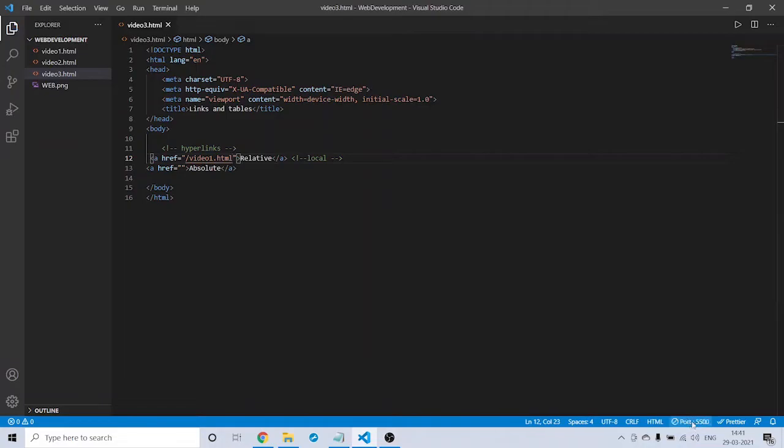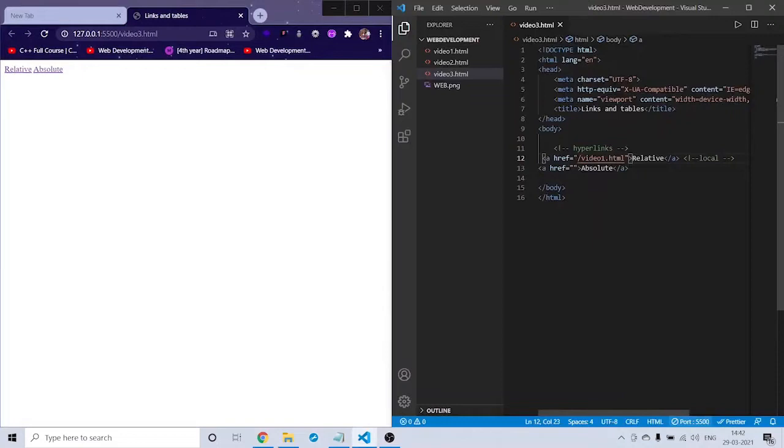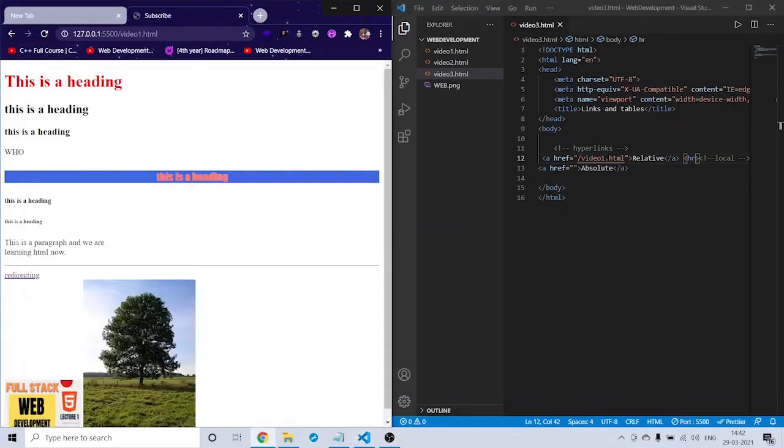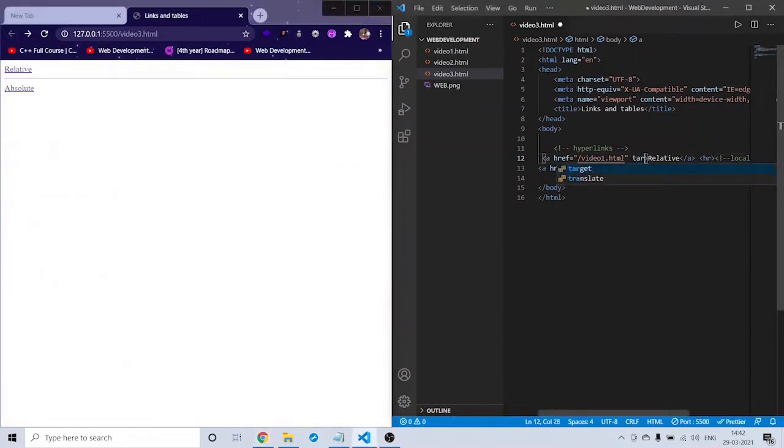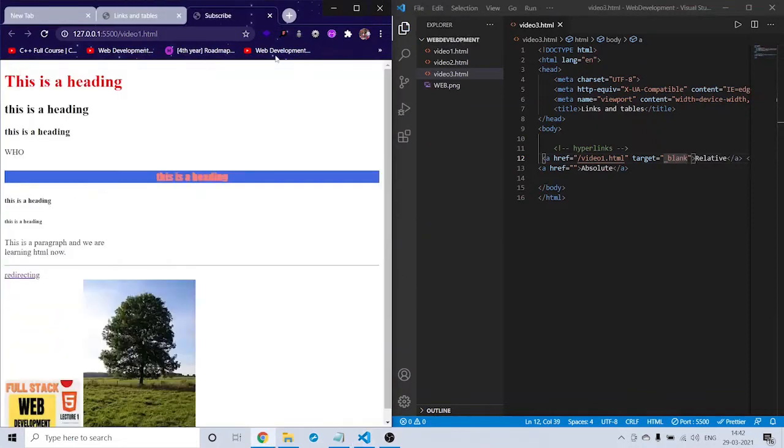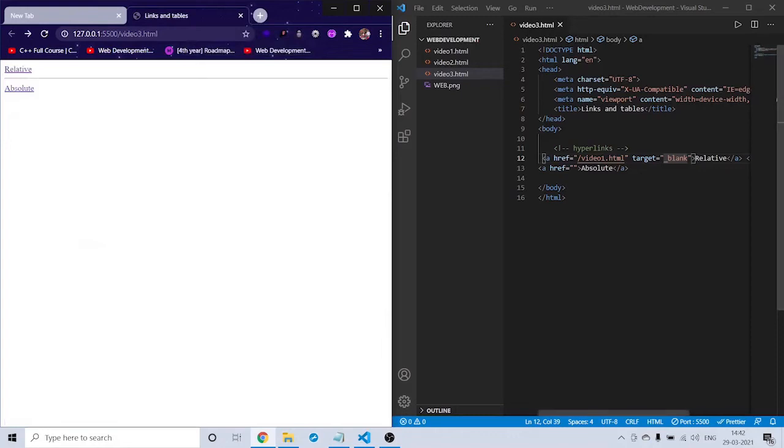So let me go live and see, we got two links here, relative and absolute. I will give an href here, save. See the relative one, right? When you click on this, we discussed this page, which is this html1, we got redirected to this. So this is relative type. If you want, you can give an attribute here which is target, which we also discussed, with the value _blank. Save that, and when you click on this, the destination will be opened in a new page or a new tab. So this is nothing but relative files.